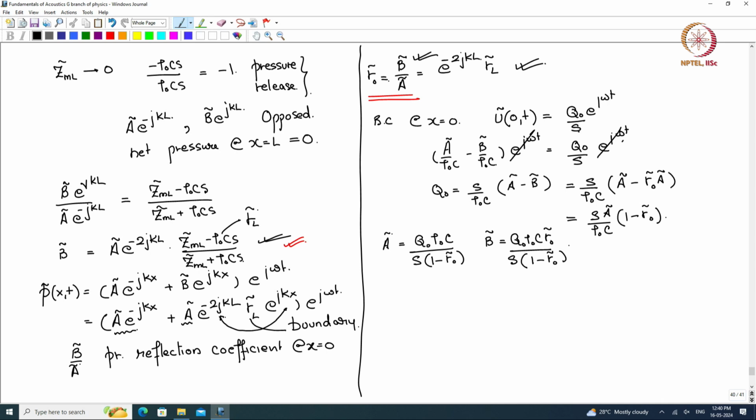Now the a and b are known. What are we trying to do? We are trying to get the unknowns in terms of the knowns. The known is the driver condition, and these are the unknowns. So we have managed to find the unknowns in terms of the driver condition that we know. Now if we look at the pressure,